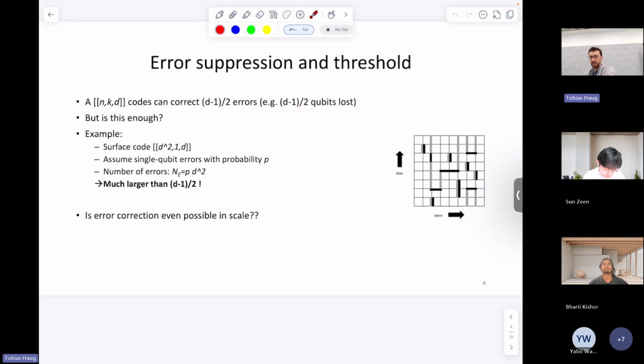Okay, let's take a very basic example. Let's say our favorite code is, if you ask most theorists and experimentalists, they will say the surface code is probably the most convenient code for many reasons. Most experimentalists use the surface code nowadays. Now the rotated surface code is actually a [[d squared, 1, d]] code. So it has d squared physical qubits, 1 logical qubit, and distance d. Now assume we have a single qubit error, right? Like let's say every qubit is affected by